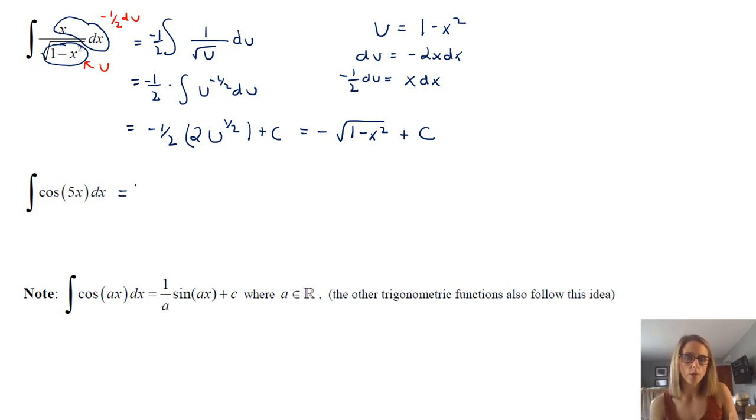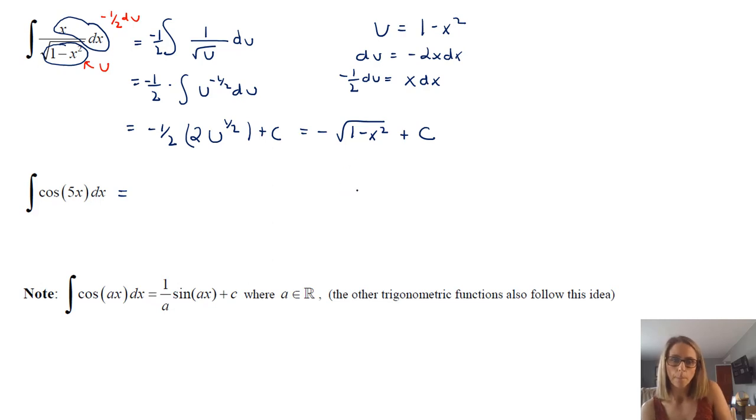So one thing that I want you to notice is this is a very basic use of the substitution rule, and if you practice something like this enough, you don't have to use the substitution rule. You can just understand that it's true. Because the cosine is not just an x inside, really the substitution rule is needed, because if you were to think about what's going to create cosine of 5x, a chain rule is going to be necessary.